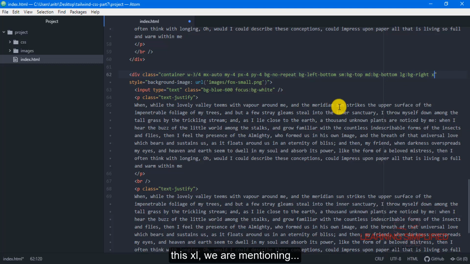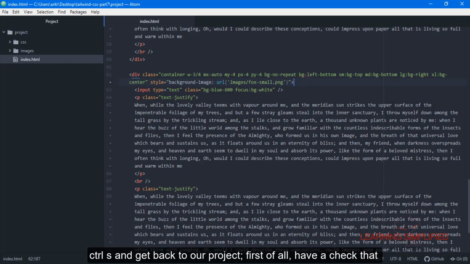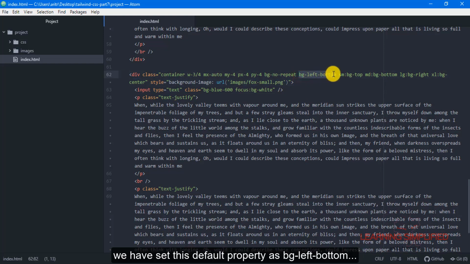For this XL, we are mentioning that the BG will be positioned in the center position. So if we now press Ctrl S and get back to our project, first of all have a check that we have set this default property as BG left bottom. That means the image should be positioned in the left part and in the bottom part.